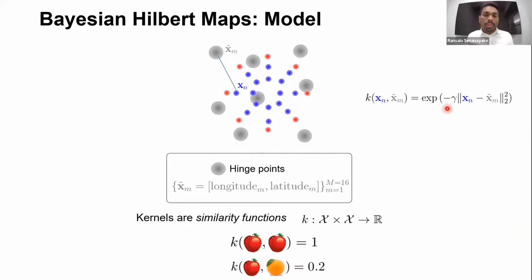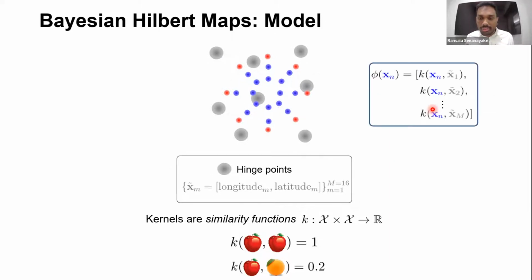But I have to make a couple of remarks here. We can use whatever kernel or similarity function we want. That is one thing. The other thing is, this is pretty much the same as an activation function. I will show you in a couple of minutes. So the choice is up to you.